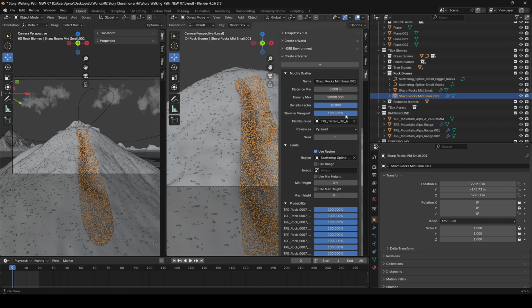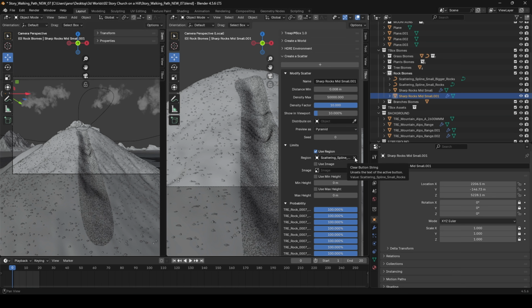And we can just show 10% in the viewport. We created the splines here on the sides, right? So we will select them in a moment. So here. Okay, we will delete this here to speed up the process, because it's better to select the spline first. If you delete it here, it's gonna take a long time. So delete this one here, and